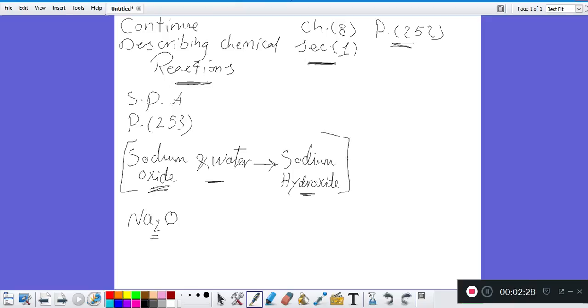We know that oxygen is divalent, definitely a negative ion, and sodium is monovalent, definitely a positive ion. So oxygen needs to react with 2 sodium atoms. In that case, the 2 sodium atoms are going to donate 2 electrons for the oxygen to be stable. For that reason, the sodium is going to enter the reaction twice. Na2O, that is the sodium oxide, plus water, H2O, is going to produce sodium hydroxide, which is NaOH, and